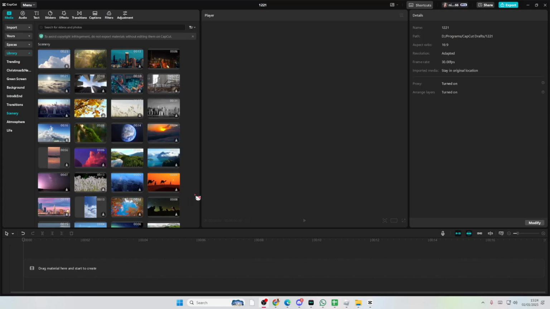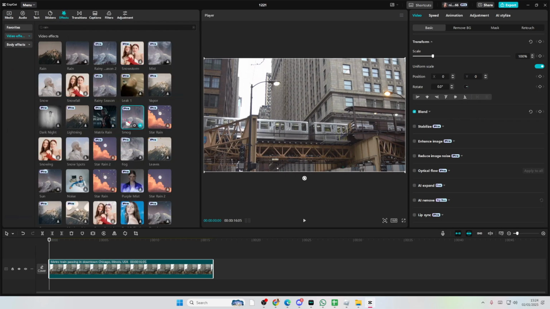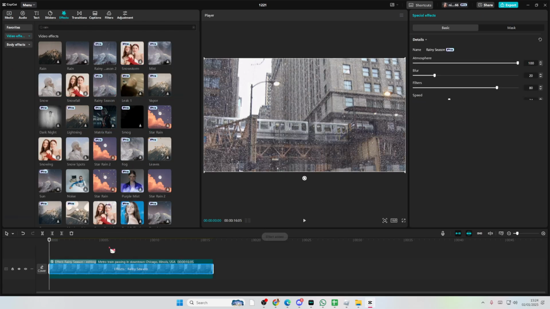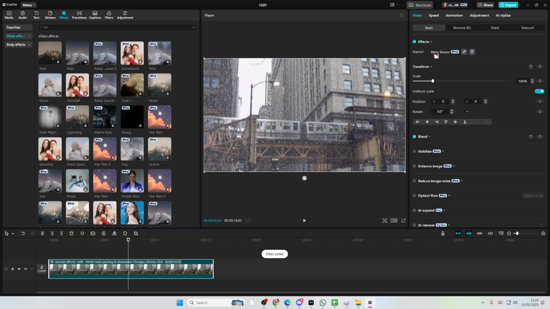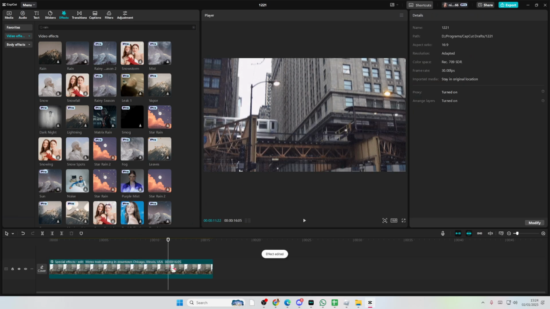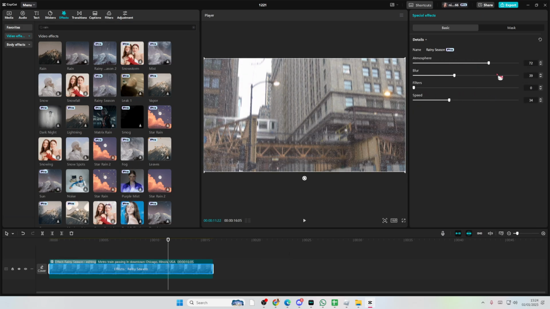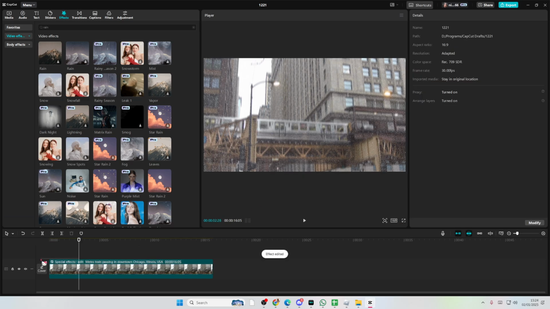In this video I'll be showing you guys how you can add this raining glass effect to your videos on CapCut PC. Select any video you want and go to effects, type in rain, select rainy season, and you're just going to add that. Go to the effects here and adjust the atmosphere a little bit and add in some blur to it. You can remove the filters a little bit too and make it a little bit slower like